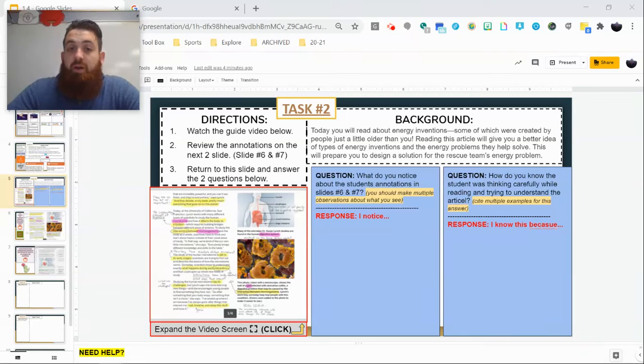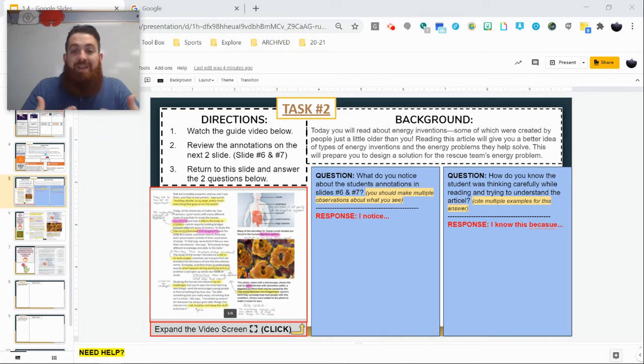Hey everybody, Mr. Regan here, and we're looking at task 2, which is going to focus on introducing this idea of active reading. But before we dive into active reading, let's talk about why it's important. So, when people use science in their job, whether it's an inventor, whether it's an engineer, all of our different